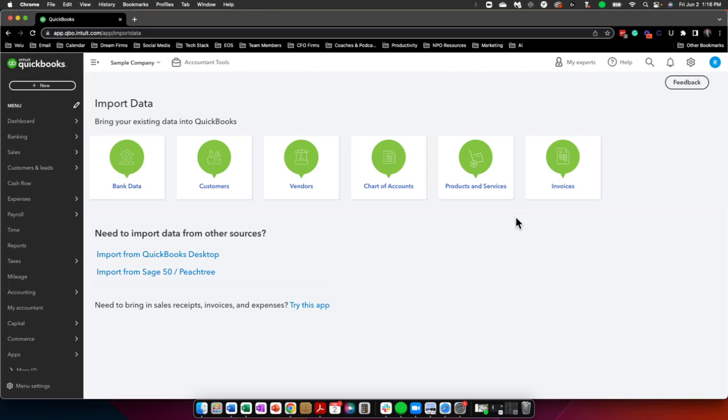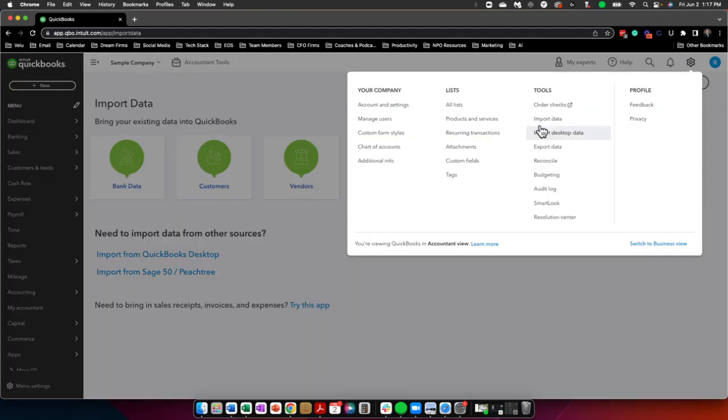Maybe you didn't really know what you were doing. You admit, maybe, hey, I didn't know what I was doing. I have crazy accounts, and Tyler's are so much better. Sure, that's not the case, but maybe ours is a little bit better, and you just want to bring in our chart of accounts and change from your old account structure into the new structure. In that case, just go ahead and import all of our accounts, and later in the video I'm going to get into how you merge all of that old activity into the new account structure that I'm giving you. So without further ado, again,